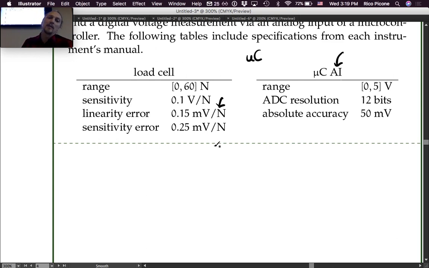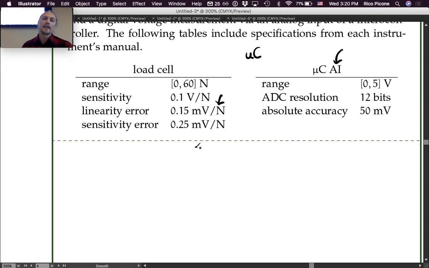So maybe in your application, you're going to be hanging out around 30 newtons most of the time, or you want to make sure that's a really good measurement at 30 newtons. Maybe you estimate it on that. Or what we're going to do in this case is take the worst case scenario. Worst case scenario, we're up at 60 newtons, right? Because that's the biggest error that we could get. 60 newtons times 0.15 millivolts per Newton. So let's assume that's the situation, and let's do the